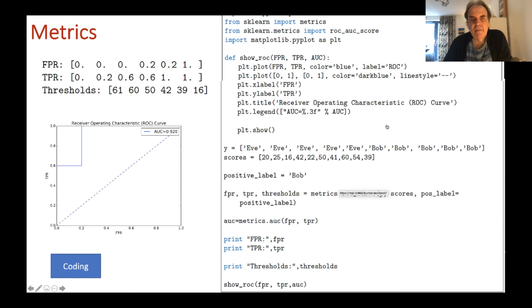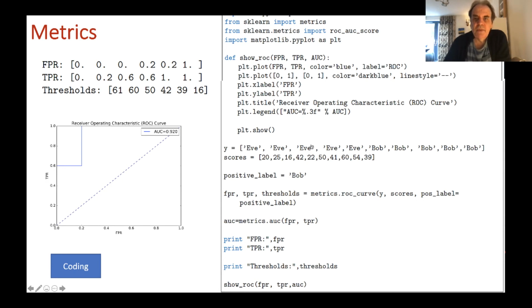So here is an example using what's called the receiver operating characteristic curve, or the ROC. So in this case what we have is that we vary the threshold between our data set and then observe the number of true positives and false positives.